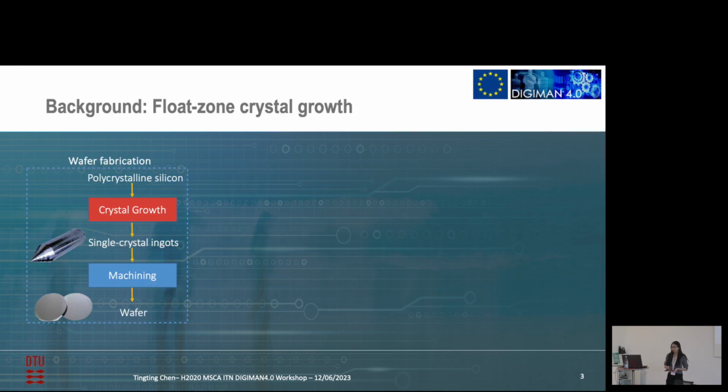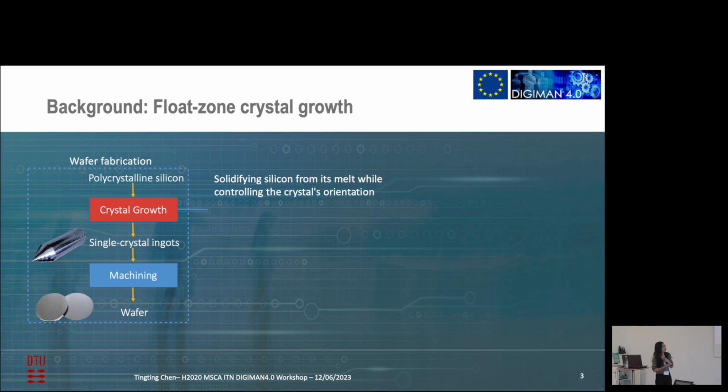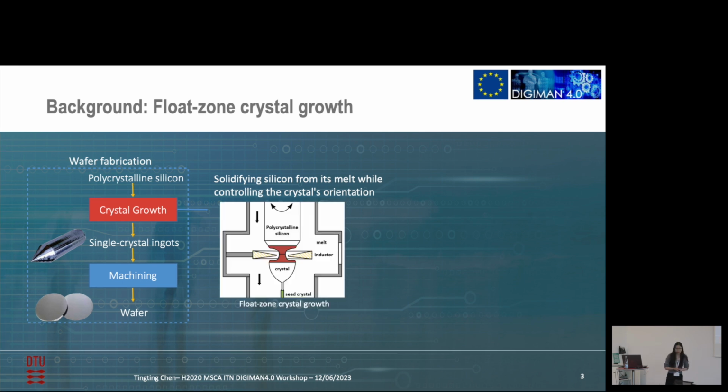The wafer is no doubt the backbone of the electronic industry, and wafer fabrication starts with crystal growth, which converts polysilicon to a single crystal ingot by solidifying silicon from its melt. Floating zone crystal growth is one of the crystal growth methods. Because of the contactless heater, it allows for manufacturing silicon crystal with very low impurities, especially low oxygen